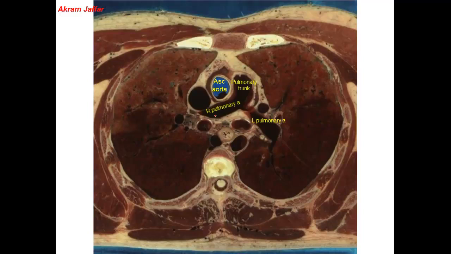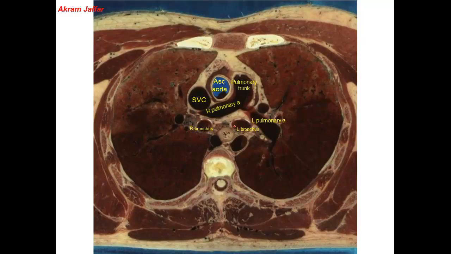So we need to go to a lower section in order to be able to see the right pulmonary artery. So this is the right pulmonary artery. And again, this is the superior vena cava here. The superior vena cava extends from the level of the right first costal cartilage to the level of the right third costal cartilage. And here we can see the right and left main bronchi. They are